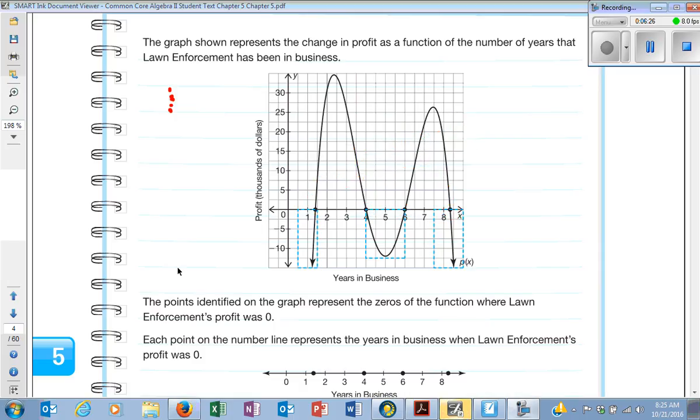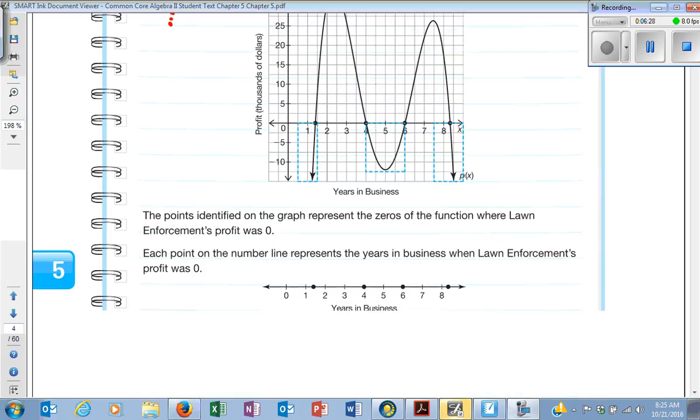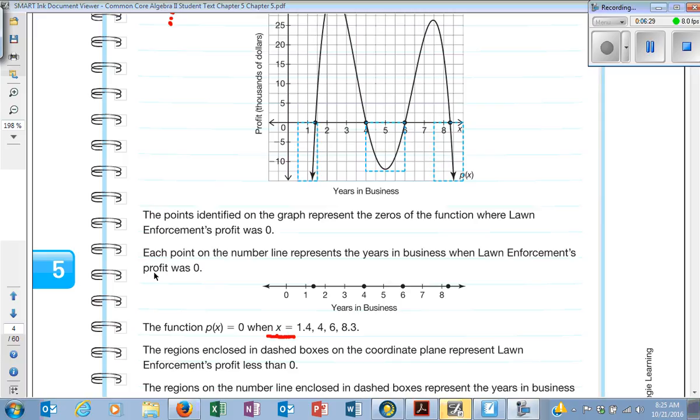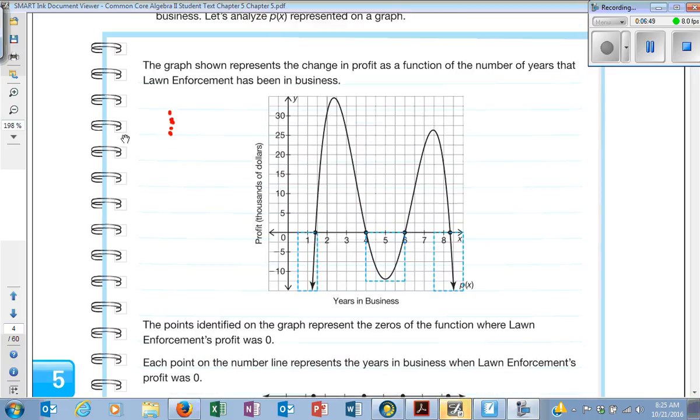So because of these, do you see they give me my x-intercepts right here? How do I know those are my x-intercepts? What does it say right here? Y is 0, then x equals this. Well, what do I know about all my x-intercepts? My y is always 0. Are you with me? So basically, couldn't I, if I wanted to, probably write this equation